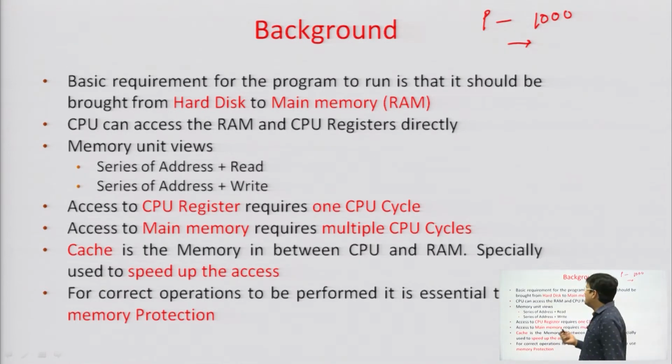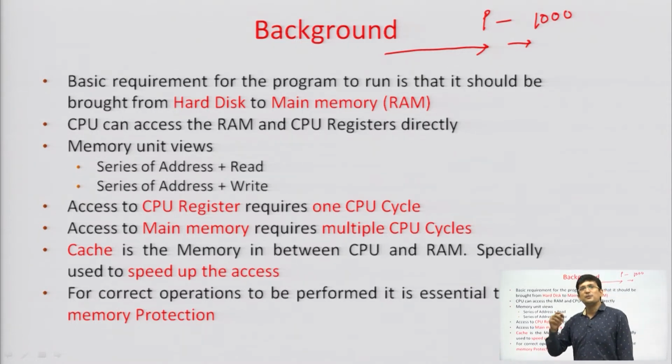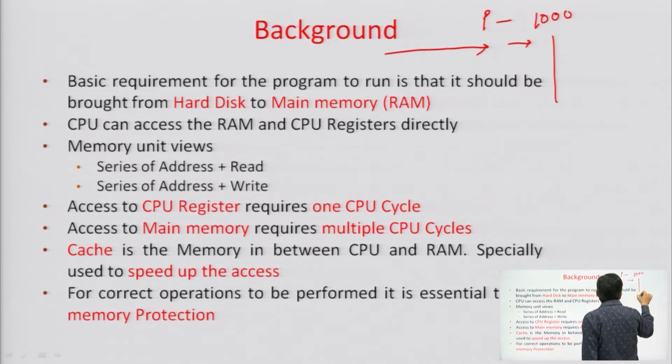So, when the CPU is referring to the main memory, it will be doing nothing but referring to the main memory only. So, for the next instruction also, if the CPU is going to the main memory, it is wasting a lot of time. So, what is done is that a block or a bunch of instructions, let us say the size of the bunch is 100 bytes or 100 instructions,